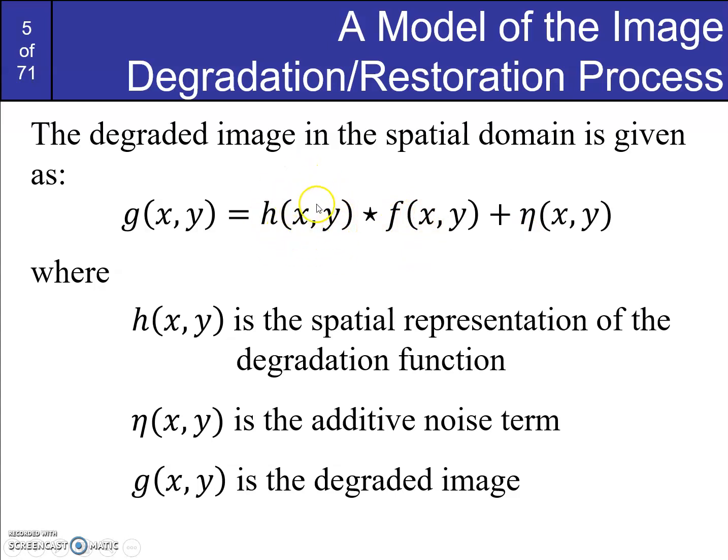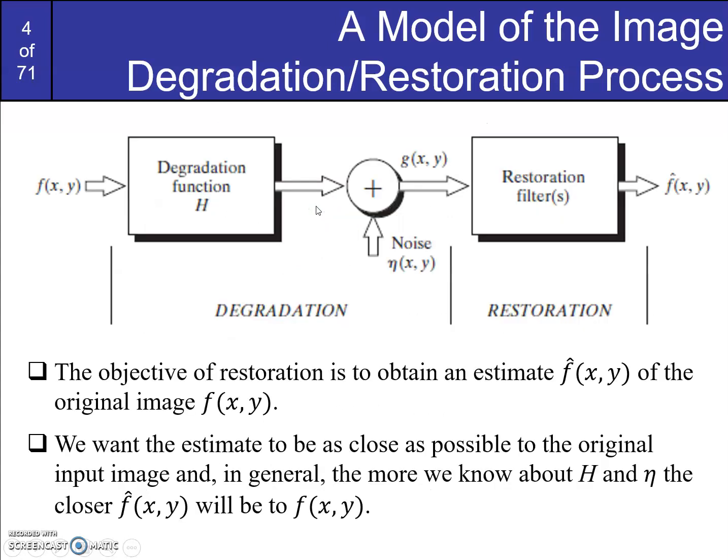So this is the degradation function I have applied to it. This is the first step which happened. The second thing which happened is that I have added the noise into the image. There was one degraded image, like I have applied my filter onto it. Now what I'm doing is that I am adding the noise to it. So when I'm adding my noise to it, this further gives me the final degraded image, which is denoted by